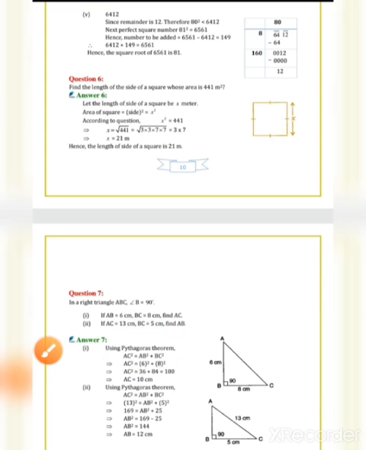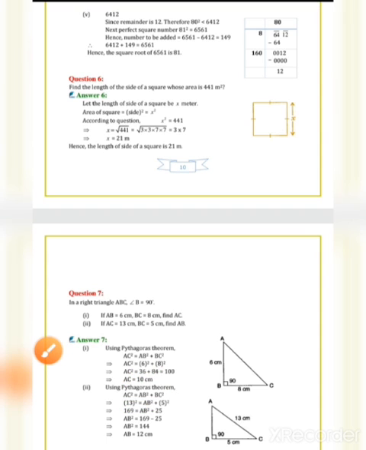Okay, and the Pythagoras theorem is in your homework for 5 times. Using that you have to find out the missing side AC. So AC square is equal to AB square plus BC square. Here AB square plus BC square, that is a Pythagoras theorem. So AC square is equal to, AB is equal to 6 over here and BC is equal to 8 over here. So 6 square plus 8 square, that is 36 plus 64 over here. So AC is equal to 10 centimeter.